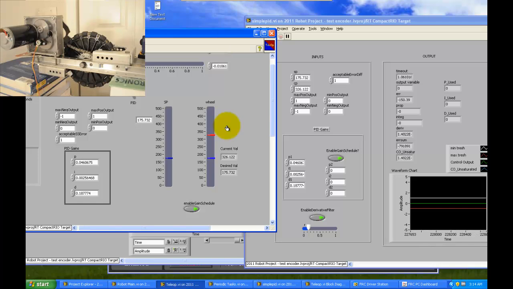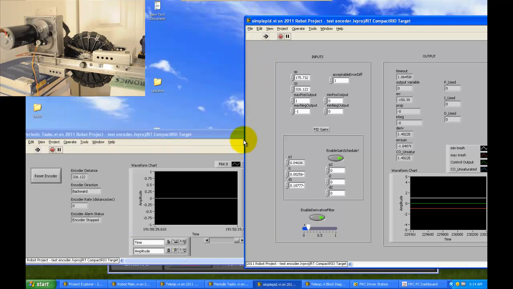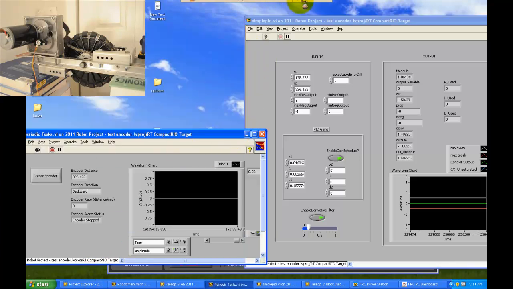Alright, so let's talk about some pitfalls and gotchas. I guess one of the first questions that you're probably thinking of is, can you use this method to tune gains for any PID controller? The answer is a resounding yes. As long as your parameters are properly calculated, the gains that will be provided to you by the Simulink function will be very close to the ideal gains for your system, as long as you make sure you stay within